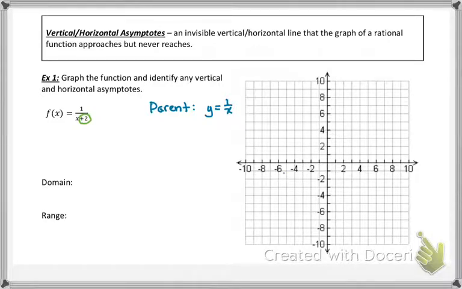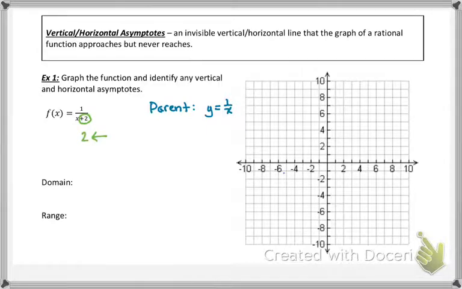Remember, adding and subtracting are your shifts, shifting left, right, up, or down. Since it's in the denominator where the x is, I know it's going to be a horizontal shift applied to the x. And remember we said, when we learned transformations, that everything applied to the x is counterintuitive, so it's the opposite. So it says x plus 2, which actually means we're going to move our graph to the left